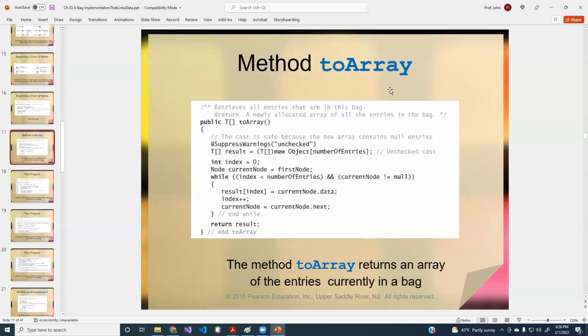Okay, so for toArray, with the array-based implementation, we just went cell by cell and copied the element over into a new array and returned it. So we have to simulate something similar in this situation. We create our array, just like we did in the array-based implementation. And then we have to walk the chain because we don't have random access to the array. That's one of the